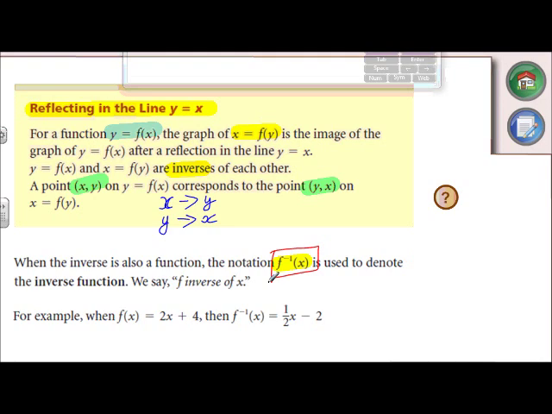And it's not the notation that says it's an exponent of -1. That is not an exponent. Do not confuse that right now. Not an exponent. That is not saying take this function to the exponent of -1. No, it is an inverse notation that you've been using since you've learned about